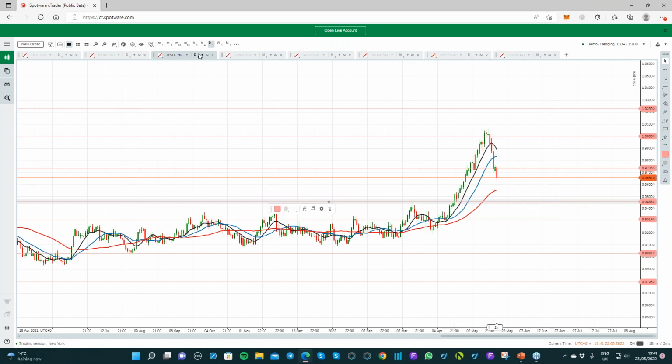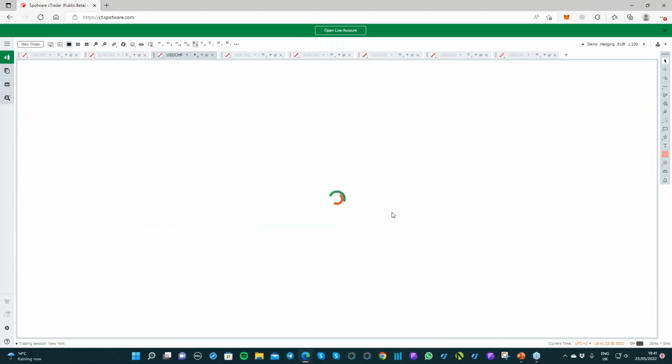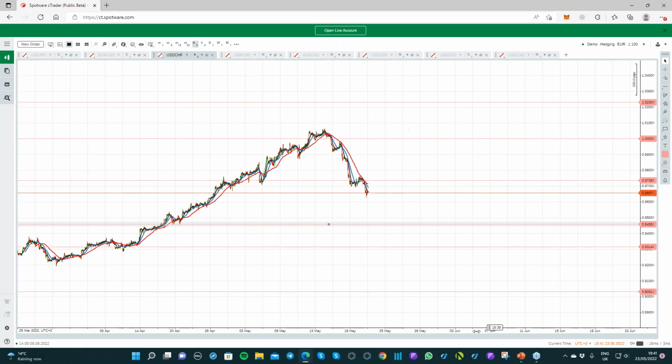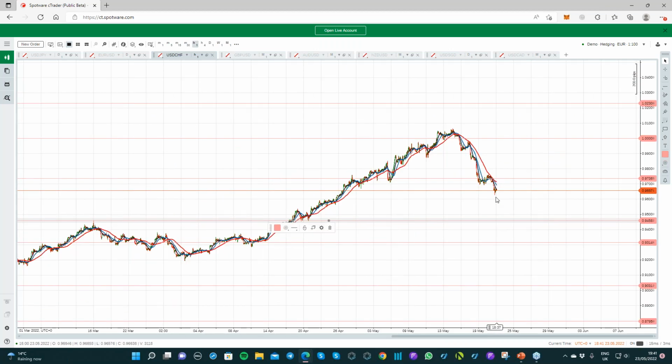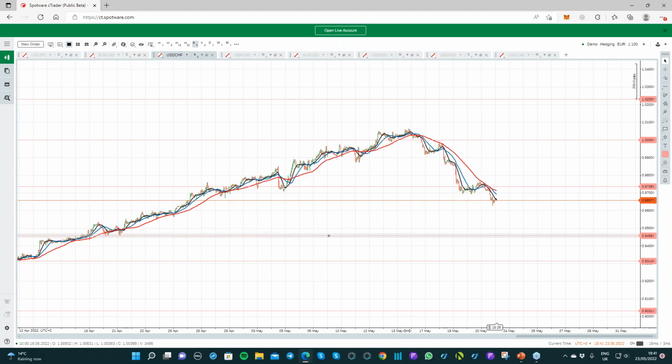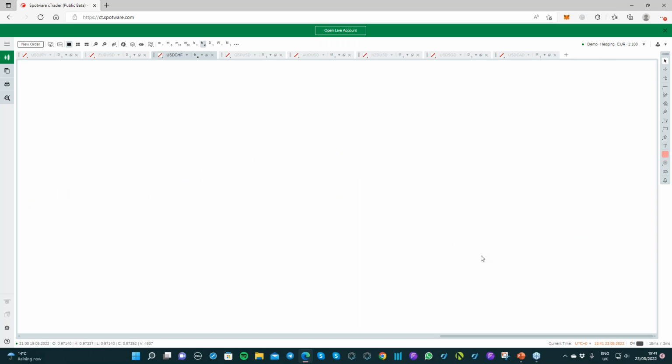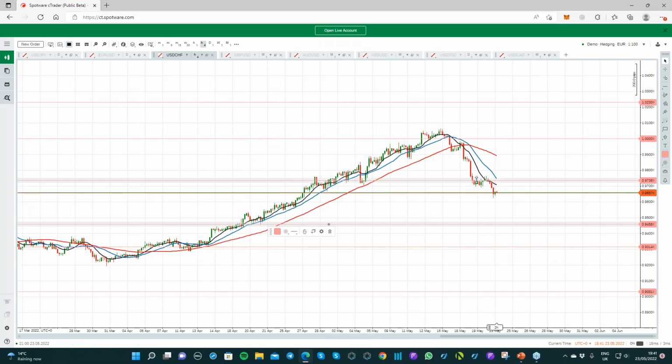and if it were to do that, then let's have a look on, for example, the hourly time frame. Hourly time frame, I can see a nice downtrend here, so potential for trades all the way down here on the hourly time frame. Again, that would be slightly higher risk trading because we don't have a very well established trend on the daily time frame, but on an intraday basis I would be looking for potential short opportunities certainly on the hourly time frame and lower, if not 4 hourly time frame as well. Over here, 4 hourly time frame,